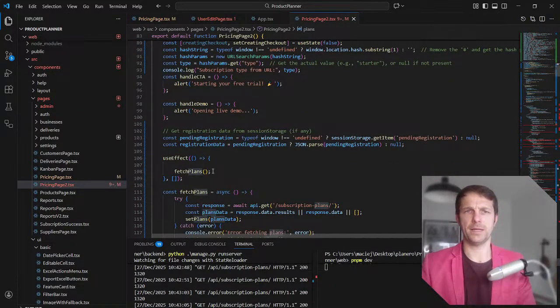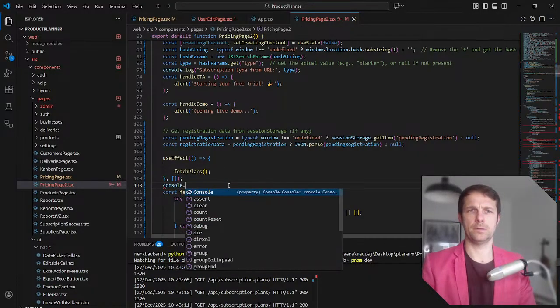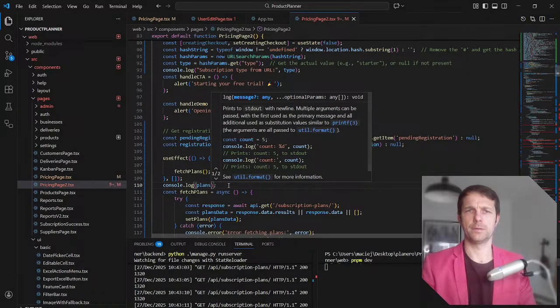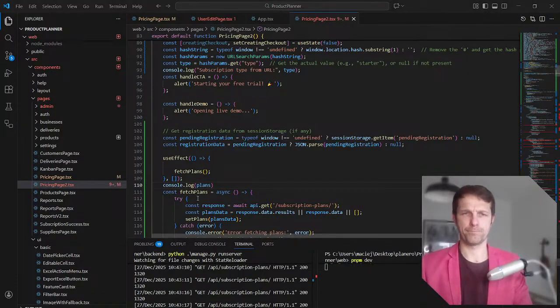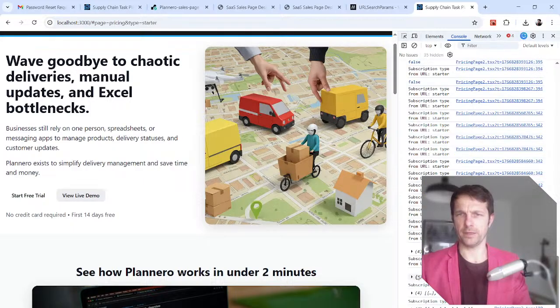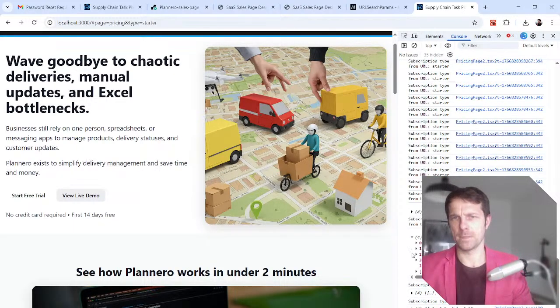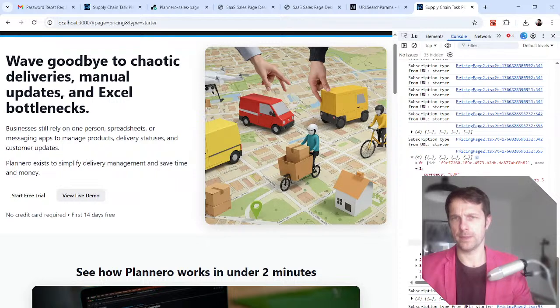And let's have plans. Let's see. Console log plans. Okay, I have an array here of items with some IDs, obviously, and I have slug.